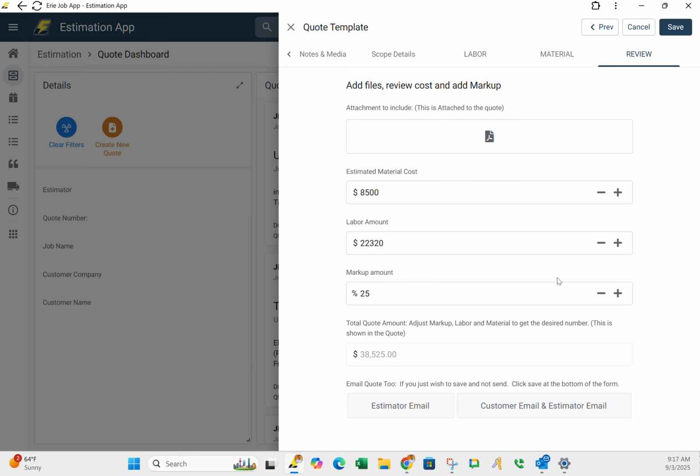And then here you can kind of play with your markup, right? So based on this, I'm looking at about 8,500 material costs and labor at about 22,000. So from here, what I'm going to do is choose the estimator email,